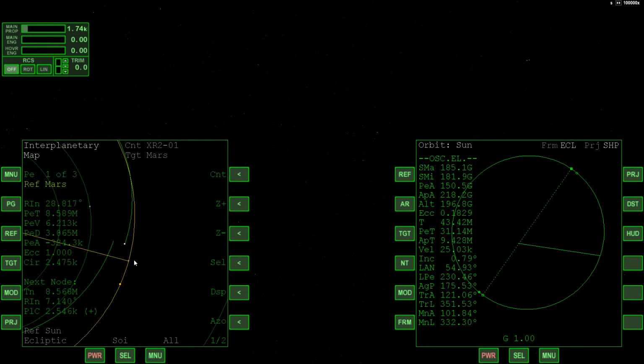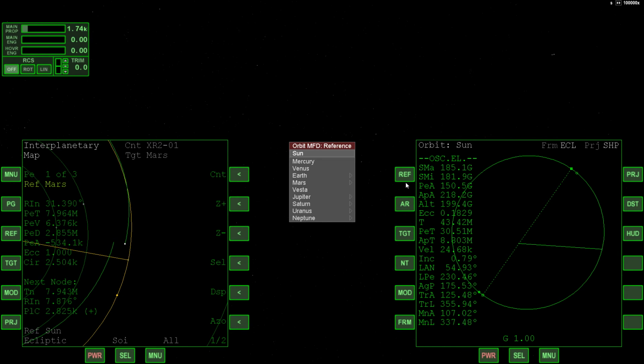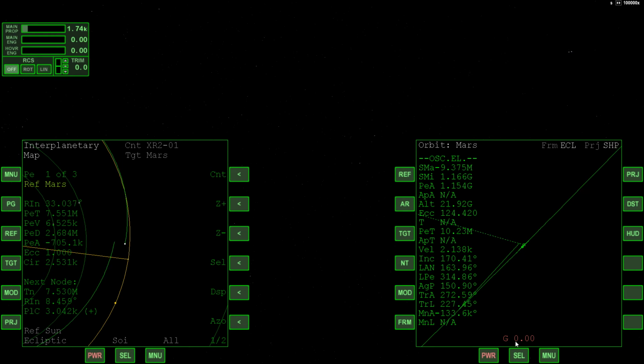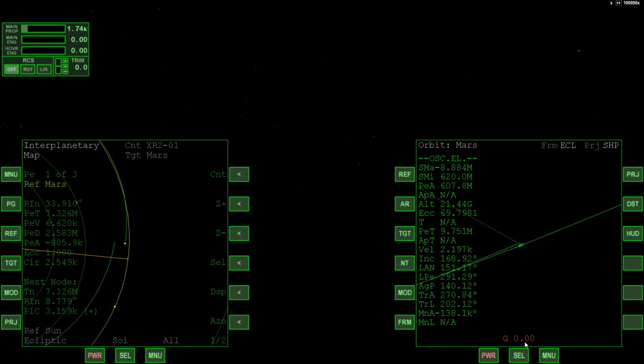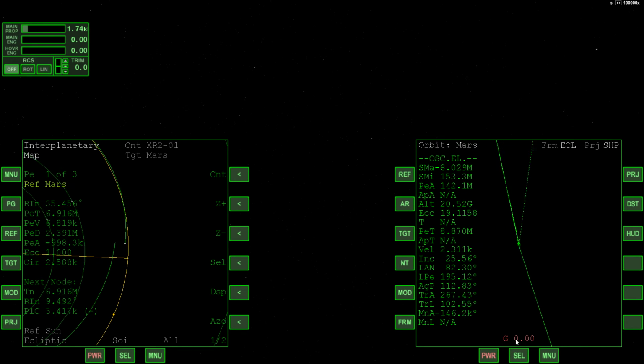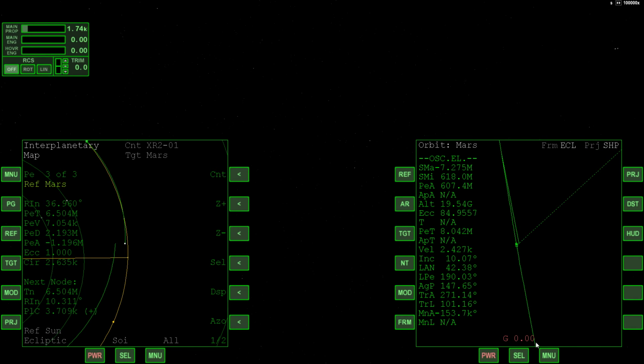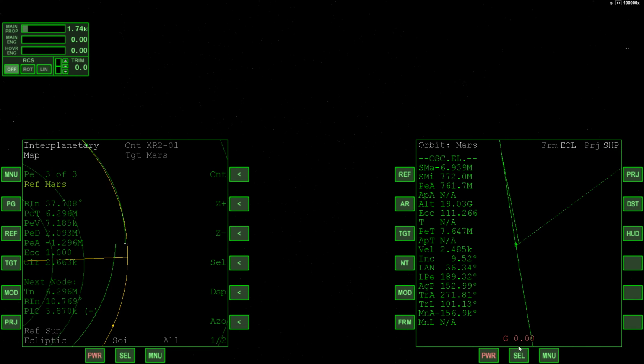So here we are, and Mars is back here. Mars is kind of coming up behind us at the moment. I'll go ahead and reference Mars on the orbit MFD. That way we can monitor the G-field contribution as we start getting closer to Mars. We're still a ways away, but we want to be monitoring this because things will happen very quickly when this starts to bump to